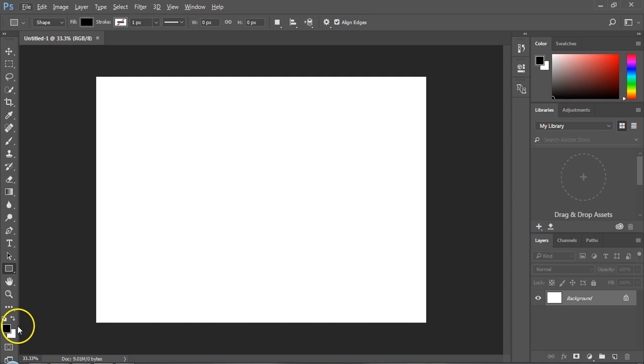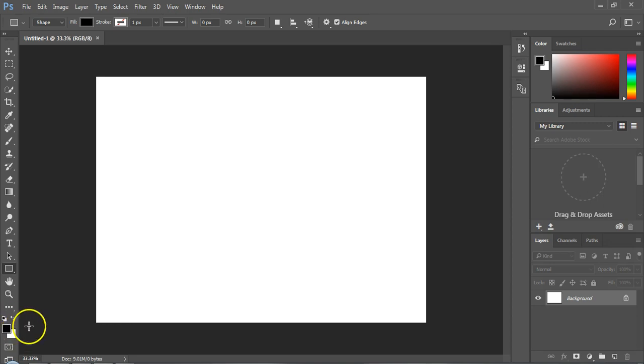Now just above these squares is a tiny bent 2-headed arrow. Mouse over it and it says switch foreground and background color with shortcut key X. Click it and it will switch the foreground and background colors. On left of this bent arrow are another set of 2 overlapping squares, but tinier than the ones below them. Mouse over and it says default foreground and background colors. It will set the larger squares to default black and white as foreground and background colors respectively.